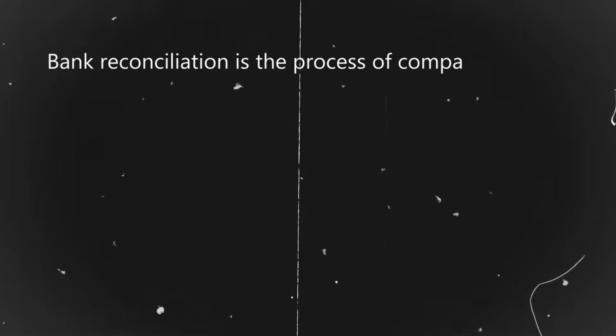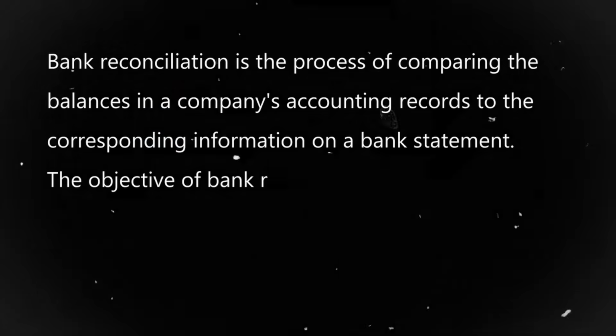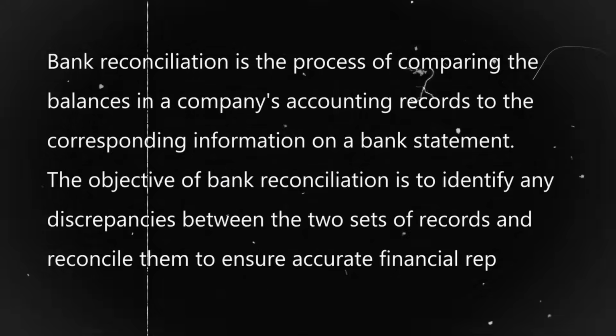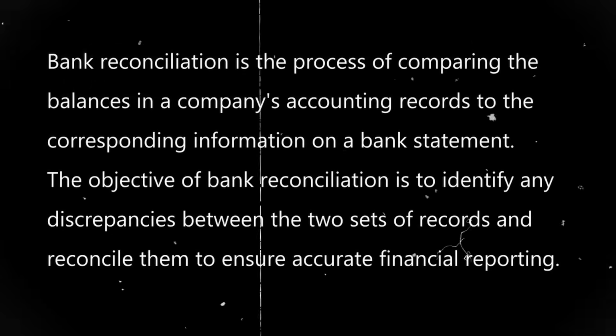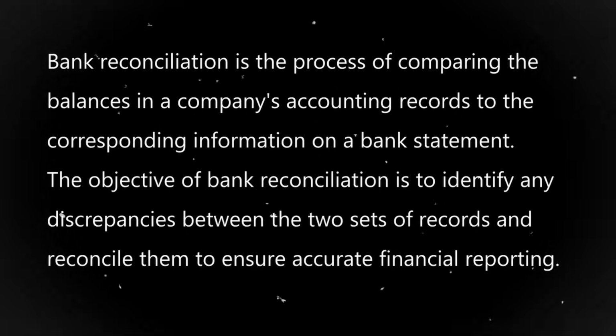So first things first, what is bank reconciliation? Bank reconciliation is a process by which a company compares its internal record, that is the journal ledger, with its external record, which is the bank statement. Or in other words, we can say bank reconciliation is the process of comparing the balances in a company's account records, which is the journal ledger, to the corresponding information on a bank statement. The objective of bank reconciliation is to identify any discrepancies between the two sets of records and reconcile them to ensure